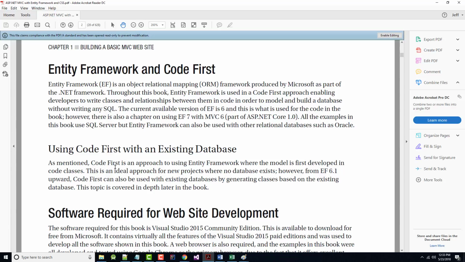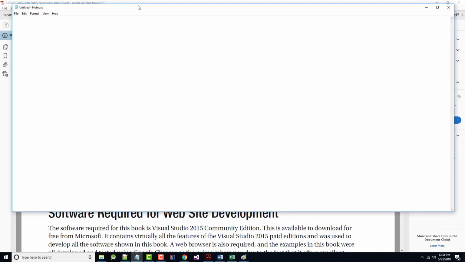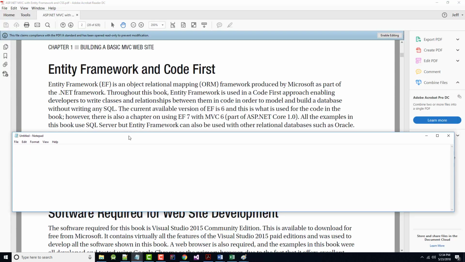Entity Framework is what's called an object relational mapping framework that's going to be used throughout this book. It says throughout this book, Entity Framework is used in a code-first approach. I want to make sure you understand the difference between code first and database first. With code first, which it sounds like we're going to be using in here,